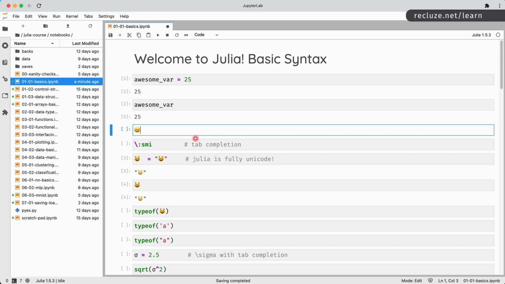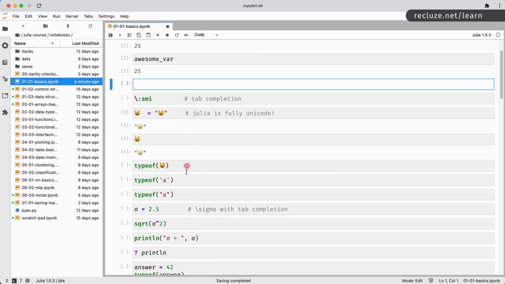So that's weird. But in general, Julia does use Unicode variables. For instance, over here we have sigma, and if you want to type sigma, you can say \sigma and hit tab and it's going to turn it into the sigma letter. And because Julia aims to translate mathematical models into code while remaining visually similar, this is very helpful, right?